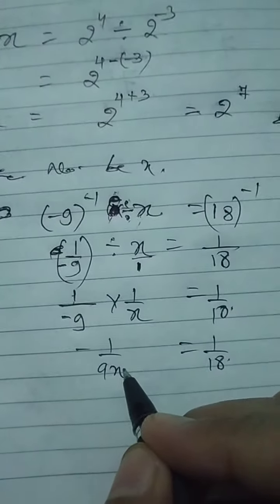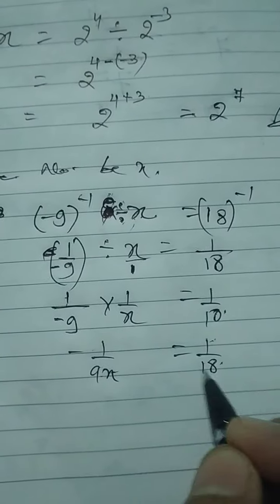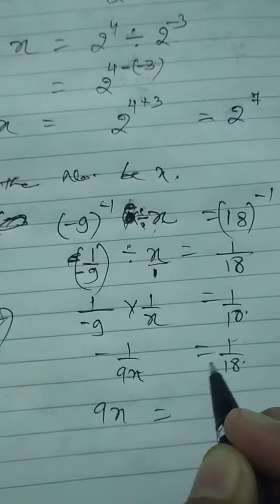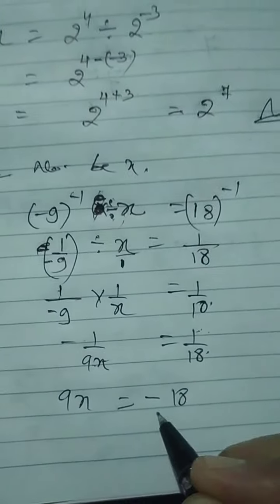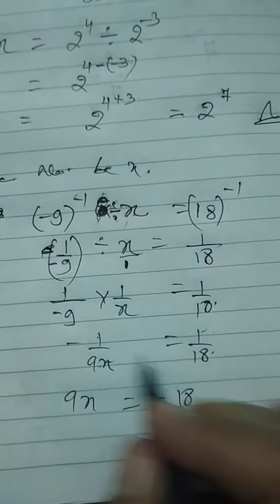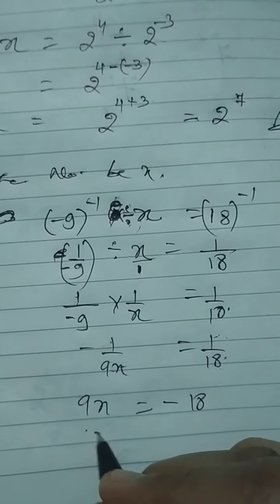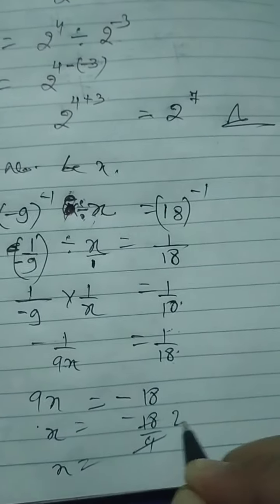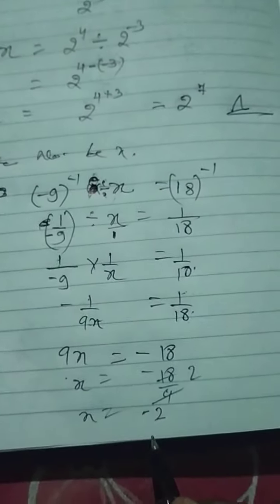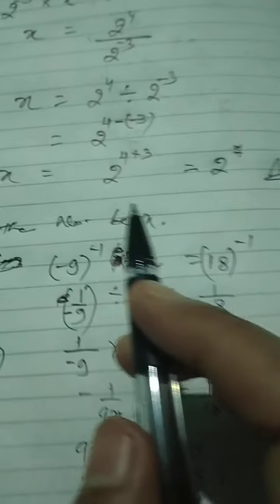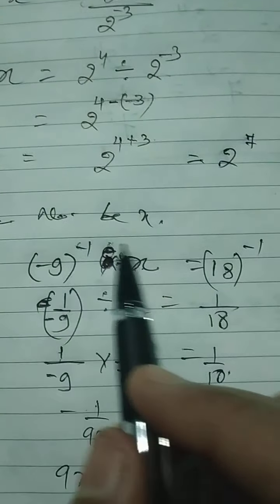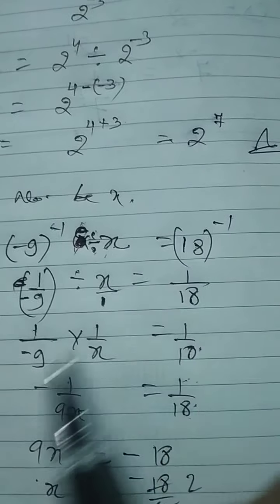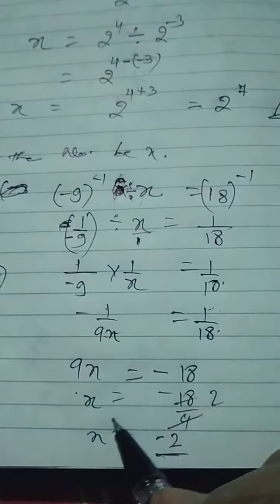You have to find out the value of x, so just cross multiply. This will go this side and this will come this side. 9 into x, 1 times 9x, is equal to 18 into this minus, minus 18, means 1 time. Okay. Now you have to find the x value. So minus 18 by 9. 9 twos are 18. So what will be the answer? Minus 2. Its answer will be minus 2. So we will divide this by minus 2 so that the product, or quotient, will be equal to this. Got it? I hope all the steps are clear for you.